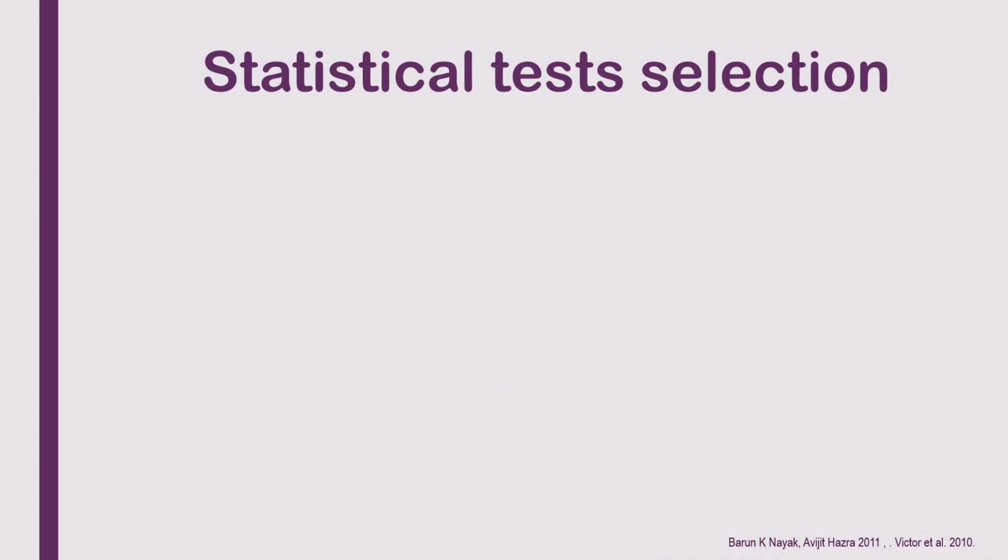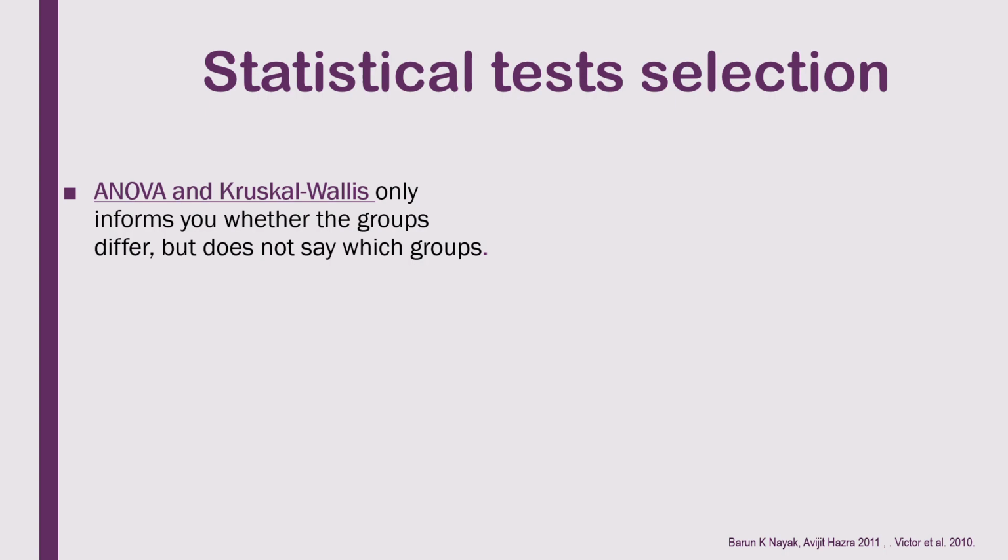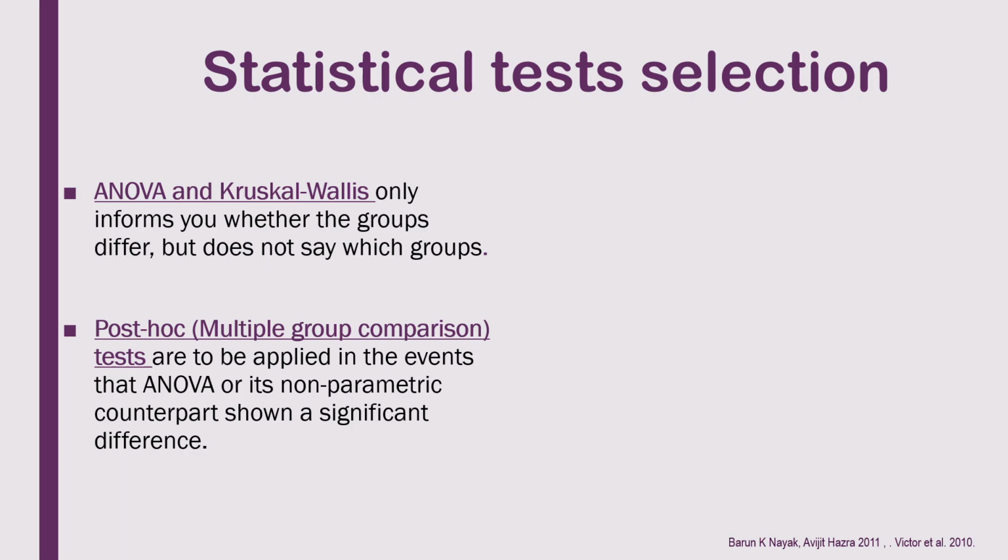To clarify why Dunn's test and Tukey's test were used here, keep in mind that whenever you compare more than two groups with ANOVA or Kruskal-Wallis, they will tell you whether there is a difference or not, but they will not determine whether the difference is, for example, between group 1 and 2, or between group 2 and 3. And to know that, there is a specific type of test known as a post hoc test, which should be applied